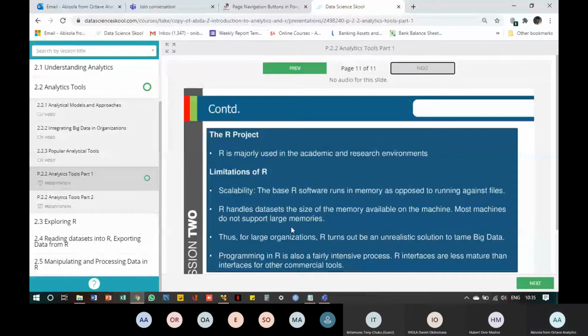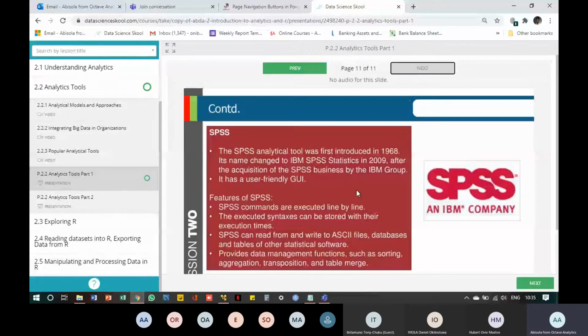All right. So yes, let's move quickly into SPSS. Now, we're going to be going back into R because R is our major focus for this course. We're going to look very much into R. But let's just look at these other statistical tools before we move into R. We're not going to move into a practical session for R today, but we'll be moving into a practical session for R next week. We'll be doing something on MapReduce today. So let's quickly move into the next analytical tool, which is SPSS.